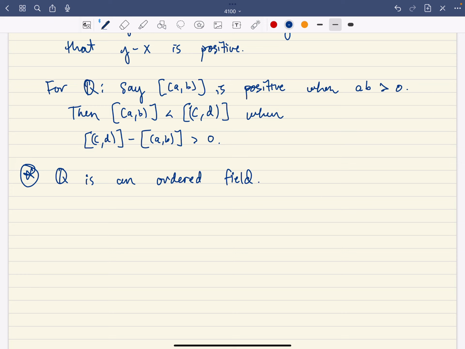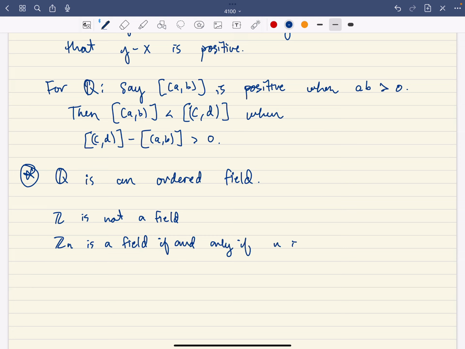The integers are not a field. Okay, so the set of integers is not a field because we don't have multiplicative inverses. There's no multiplicative inverse of 2, say. Okay, the set of integers mod n, it turns out, is a field if and only if